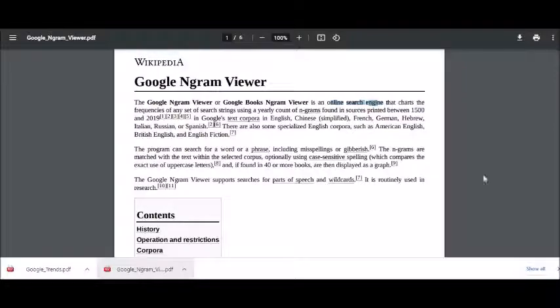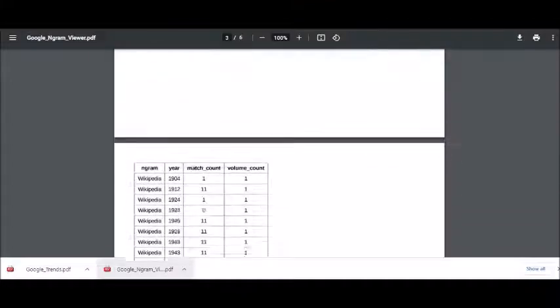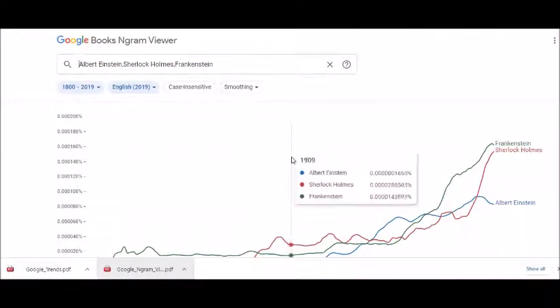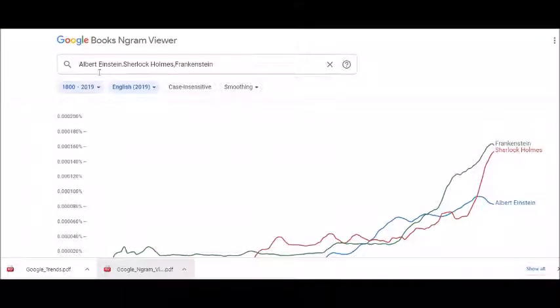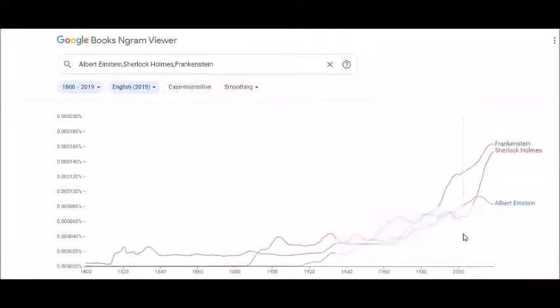Now similarly, if you go further, they discuss a lot. Now can you see they have done Ngram for Wikipedia, which started off in 1904. So you are able to understand that yes, this is the one that we have got out here, and how they are planning to come up with the match count and the volume count also. Now they have done this, and this is the result that they have got for the entire sheet, I would say.